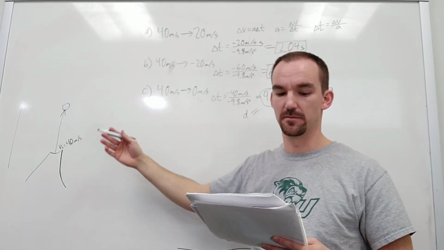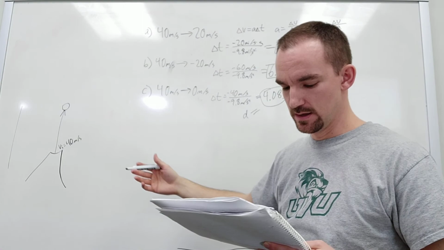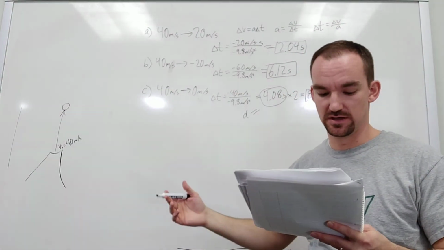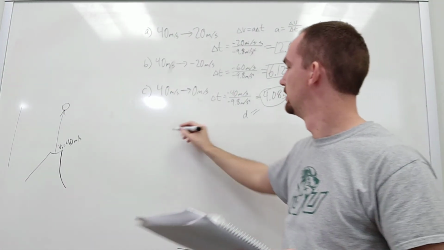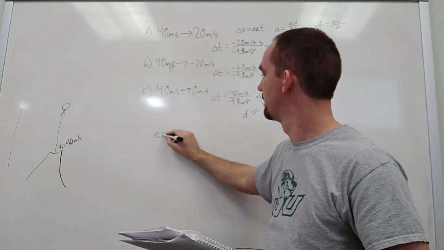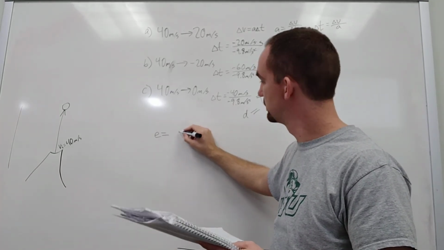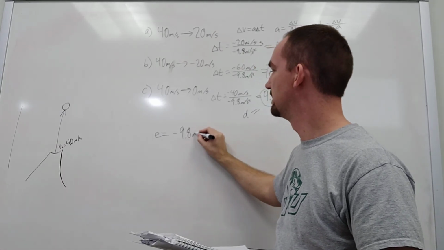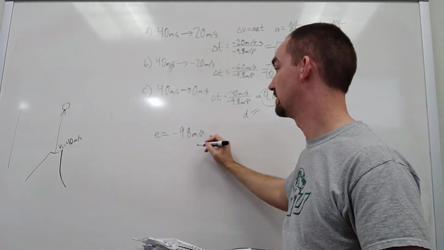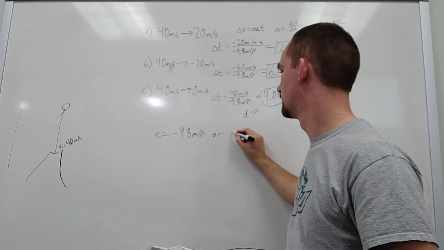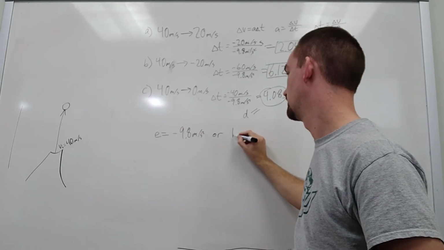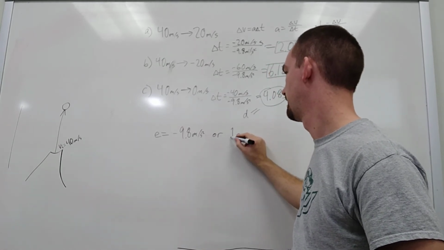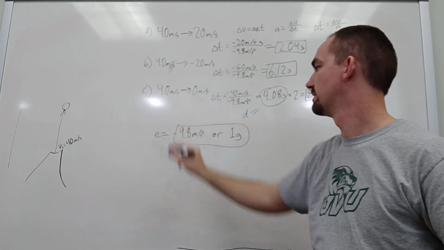So for all of the different parts of part E, we can say the magnitude and direction are always, for every single one of those answers, in the downward direction of 9.8 meters per second squared, because that's the value of gravity. Or you could say it's 1 g. That's for all of part